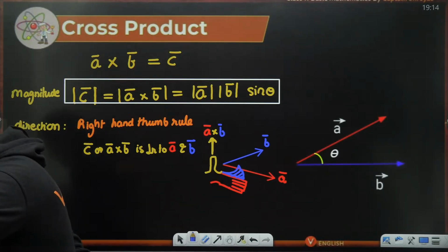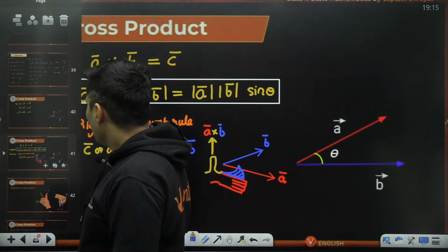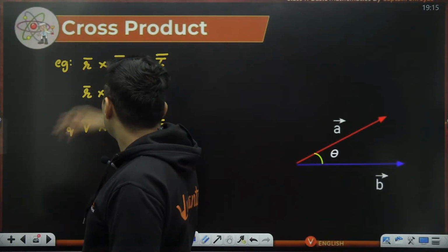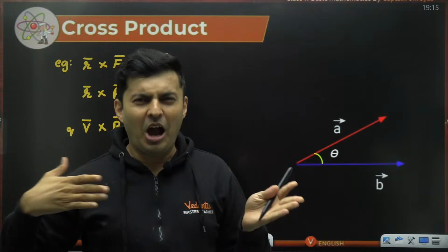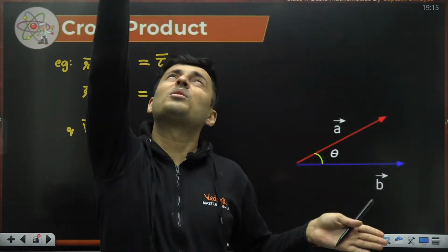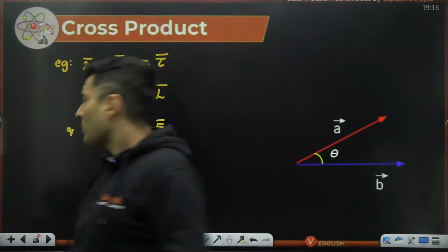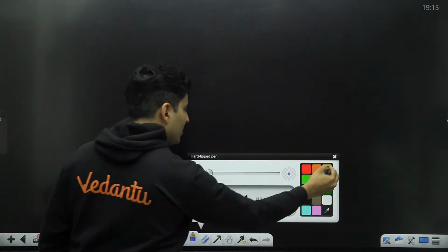Sir, why is the vector perpendicular to the plane of the two vectors in the cross product, and what does it mean? Okay, see, when you get a vector perpendicular to the plane, sir, how did it even happen? Like R was here, F was here, you're saying R cross F is here? Oh my God. So what happens is, in reality, there are many such quantities in circular motion and other cases that